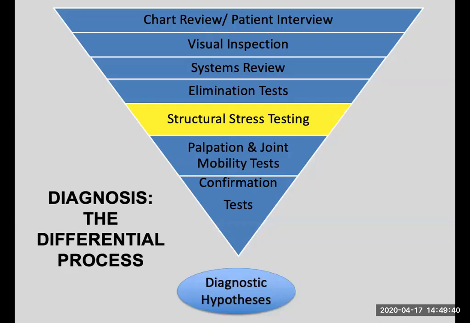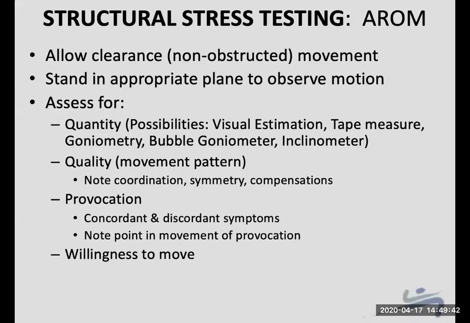All right, structural stress testing. So, active range of motion, we want to be in a position such that we're at the level of the lumbar spine with our eyes so we're able to see well. We also want to make sure that we stand in the appropriate plane as to which direction the patient's going. Now, keep in mind, we're going to want to be able to guard as well if necessary for the